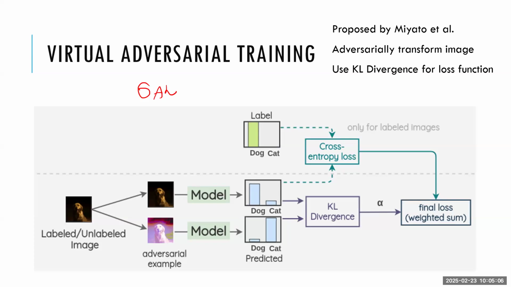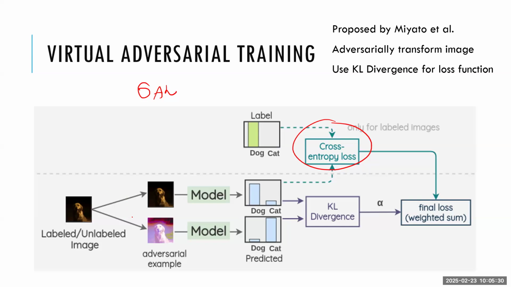And what happens is that for the label data, we compare it with the ground truth, right? So every method uses the same concept. If you have the label, then you just compare with the label. If you don't have the label,